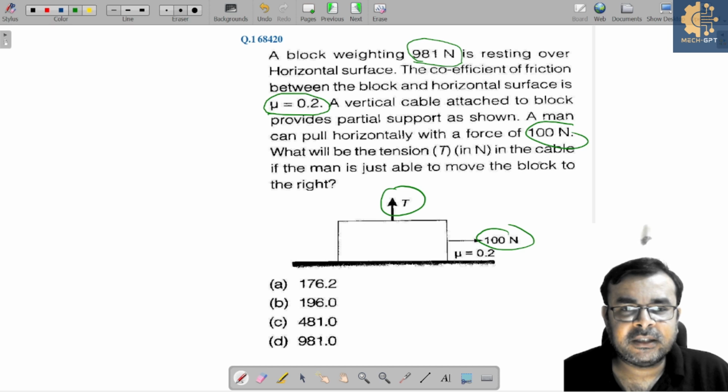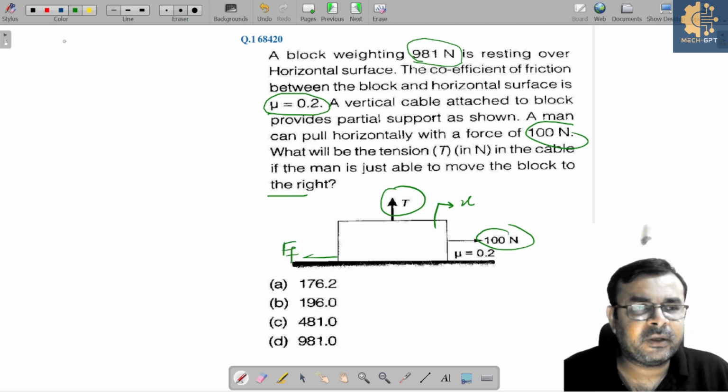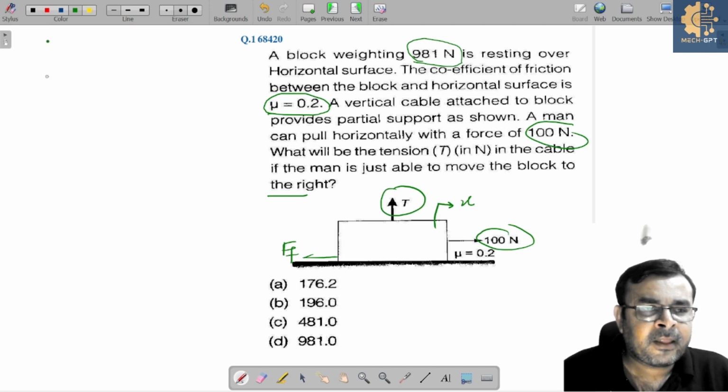What will be the tension in the cable if the man is just able to move the block to the right side? Means this block is trying to move along this direction. Then obviously against this motion, the surface may induce a frictional force here, and let us say this is FF. So if I draw a free body diagram of this block, it looks like this. This is a block,